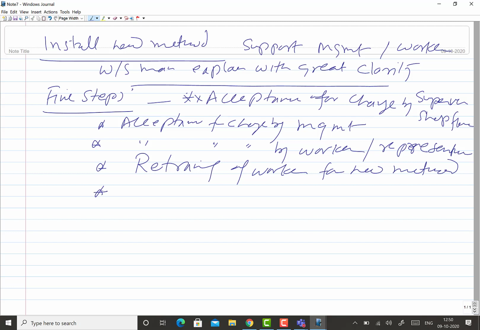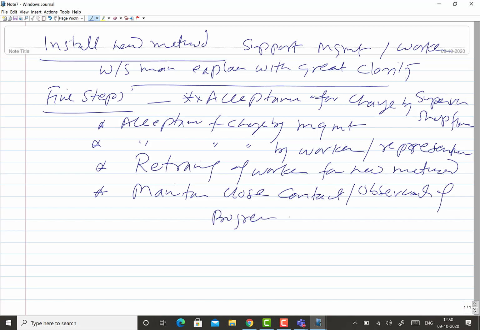And the fifth point related to the installation is to maintain close contact or observation of the progress until satisfactory results are obtained.